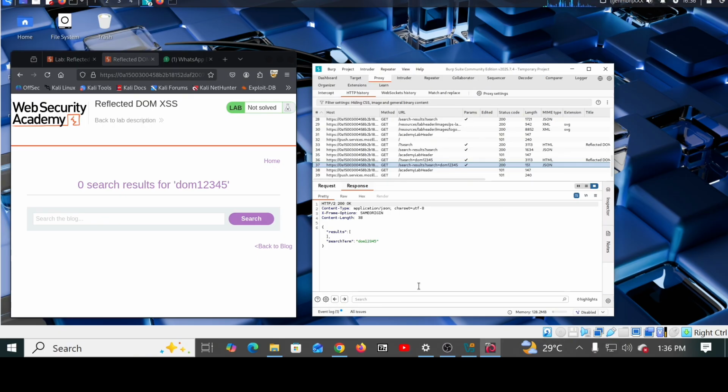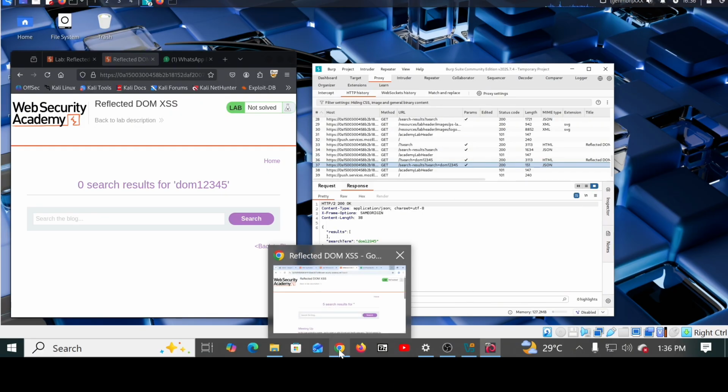But we didn't find our inputs in the HTTP response attribute. We strictly found our input in the JSON, which is the JavaScript of the response, which confirms reflected DOM XSS. That is to say, our input is strictly reflected in the response JSON. Right now, next step, we'll go back to